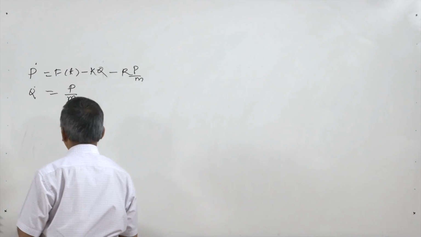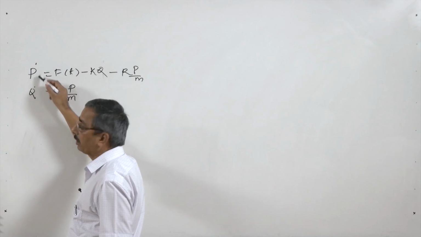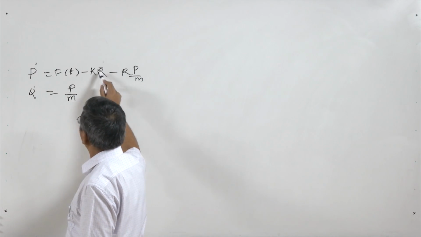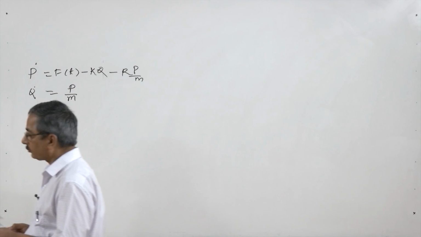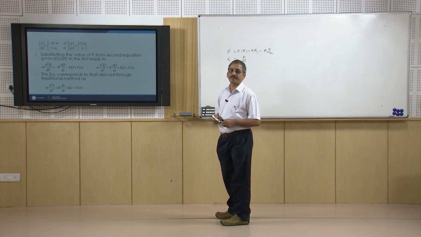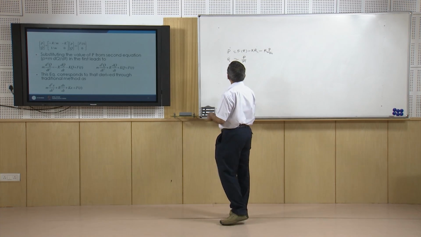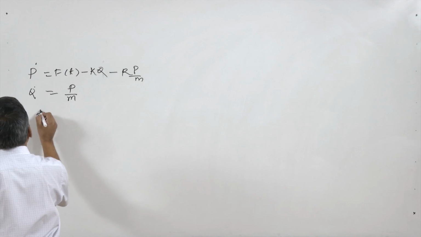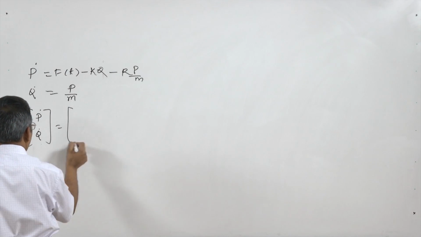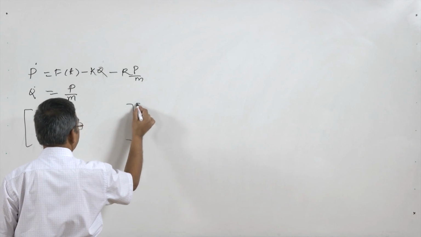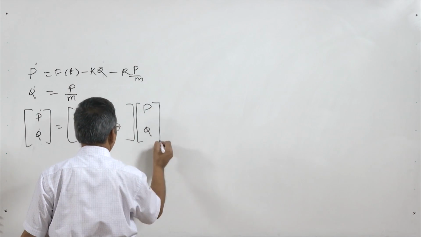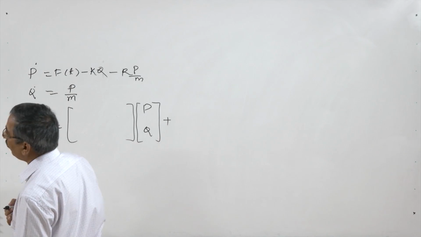So, here we can see that these two equations are written in terms of system variables, that is momentum and displacement. I can write these equations in state space form, that is, I can write here P dot, Q dot is equal to our A matrix of the state space formulation, and then we will have P, Q here, plus the input